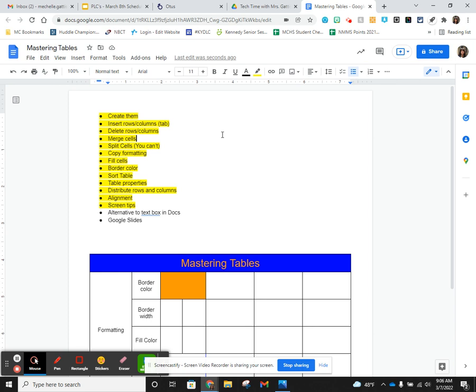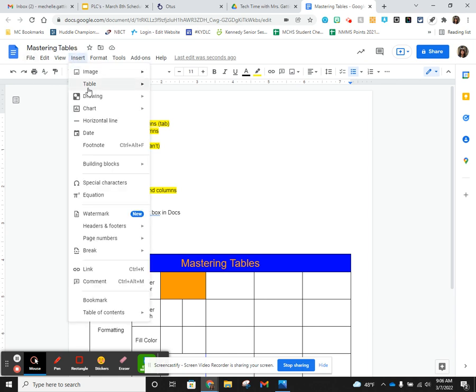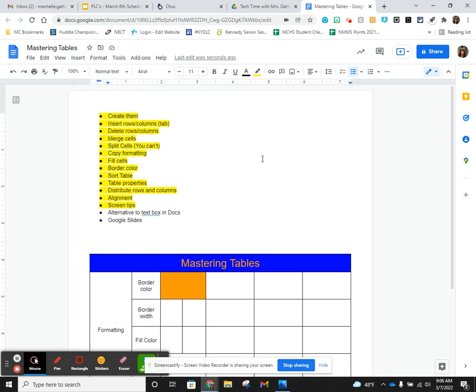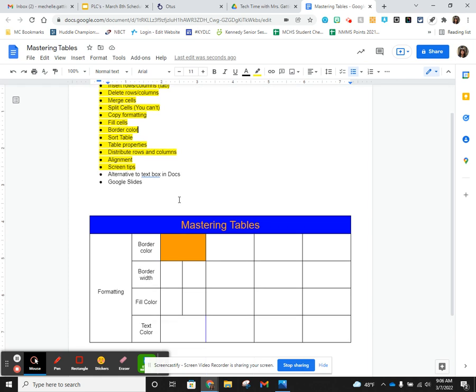Now, the way that Google says to do this is to go to insert and then drawing, and then create a text box in drawing and then insert it. And you definitely can do that. I think that's a lot of extra steps, and I don't like to do that. So what I have started doing is I use a table as kind of an alternate to a text box in Google Docs. So here, I'll just show you